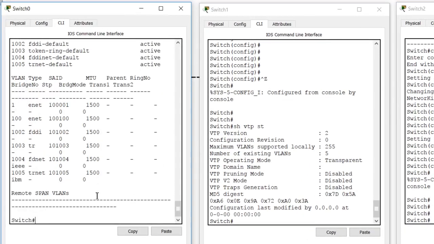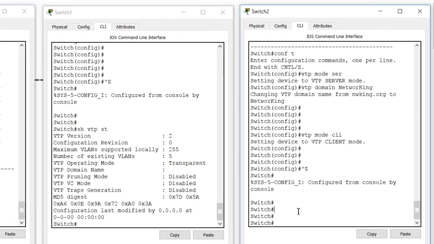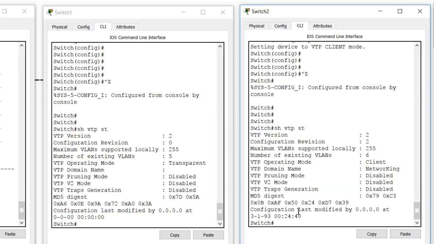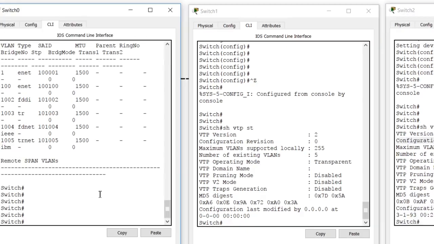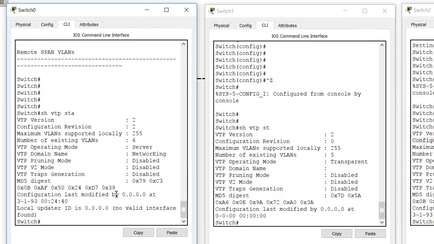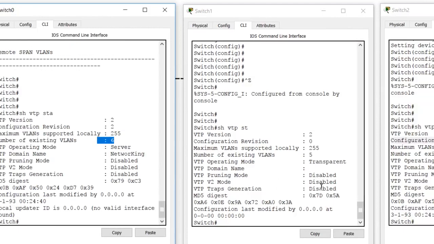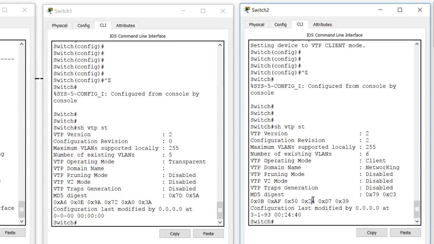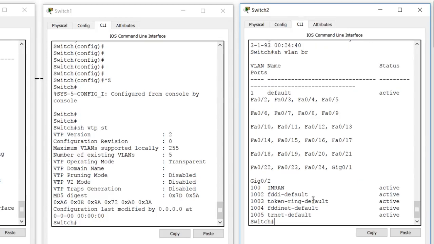So now, does this get updated? Show VTP status. Okay, it says VTP configuration revision is 2. Let's say show VTP status, config revision is 2, and it is. So that means it has taken an update. So let's say show VLAN brief, and you can see that VLAN 100 has come,